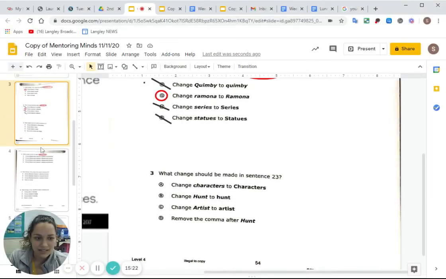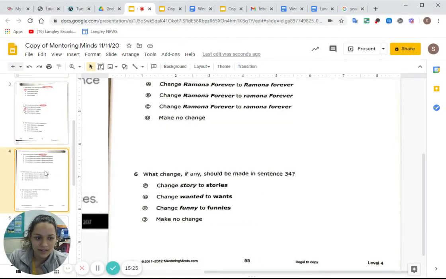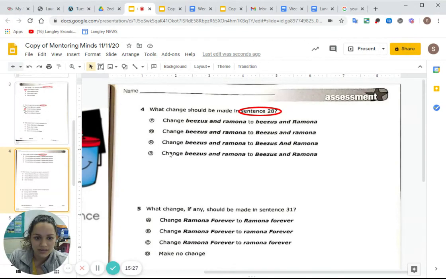Oops, actually, I skipped a question, guys. I'll have to go back to that one. Let's continue with question 4 here, and I'll go back to question 3 in a bit. So, what change should be made in sentence 28? How many of you think you got it already? I do. I found it. So F, change Beezus and Ramona with lowercase letters to Beezus with a lowercase b and Ramona